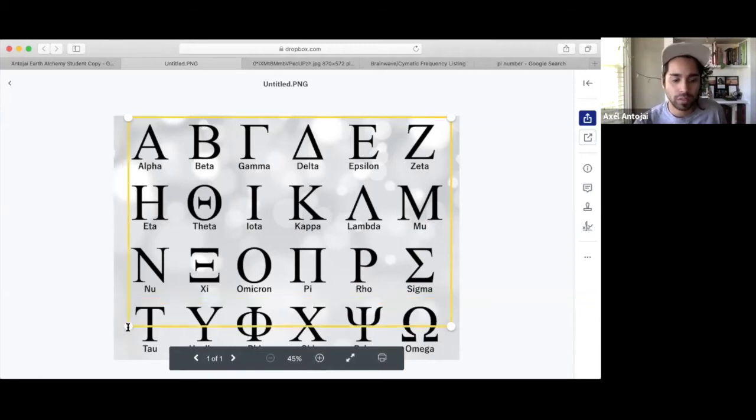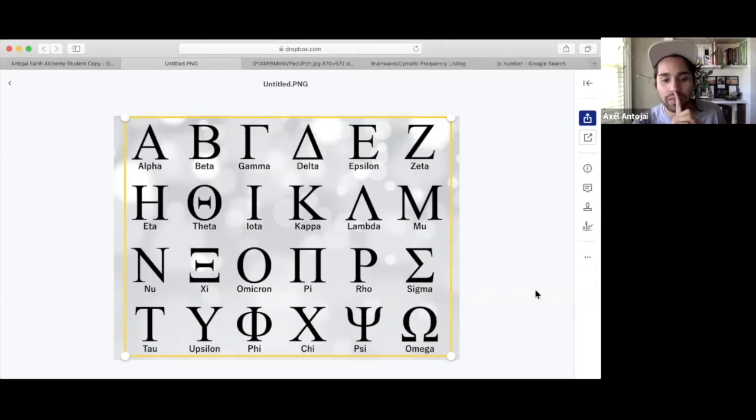And now we're going to do a speed download here with all these other variations except for omega. Omega is going to be the only one that we leave out. So we're going to do tau, epsilon, phi, psi, chi,